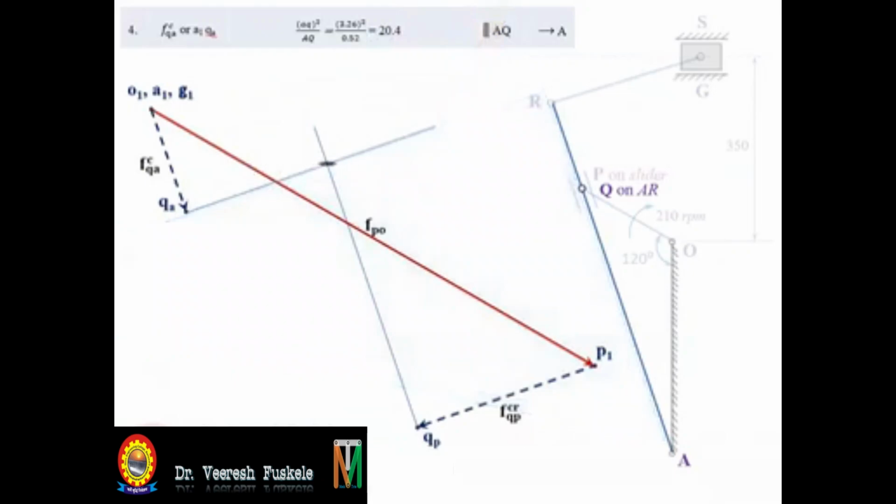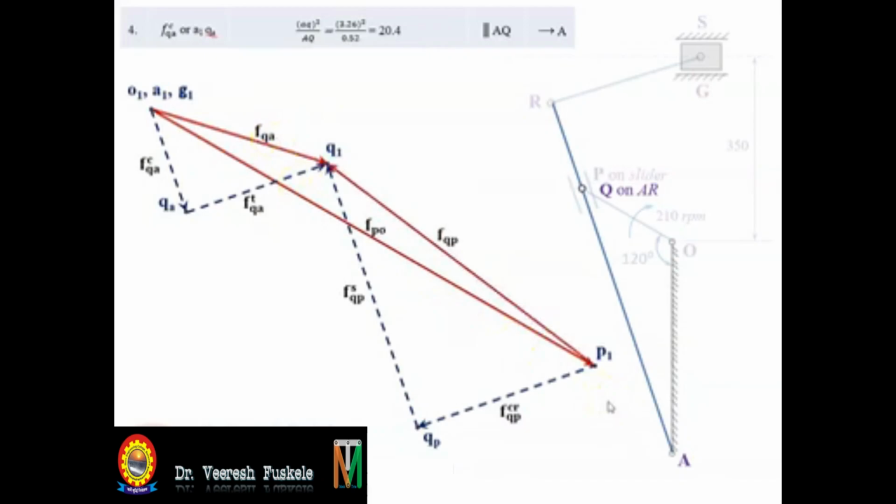The intersection point will be point Q1, and this will give us the tangential component, or the sliding component, of Q relative to P, and the tangential component of Q relative to A. Also this will give us the total acceleration of Q1 as FQA, and the total acceleration of QP